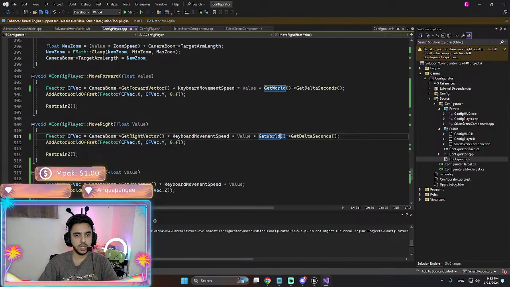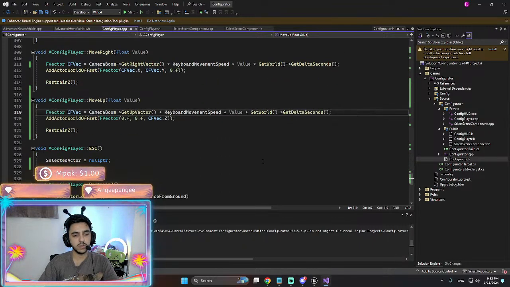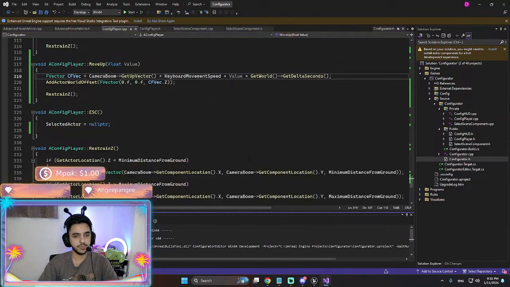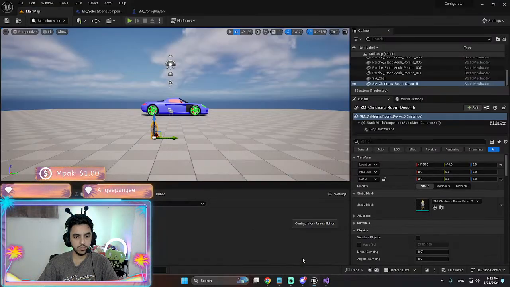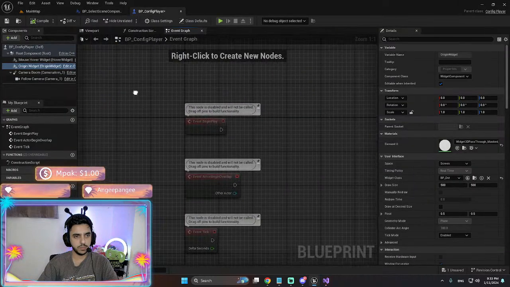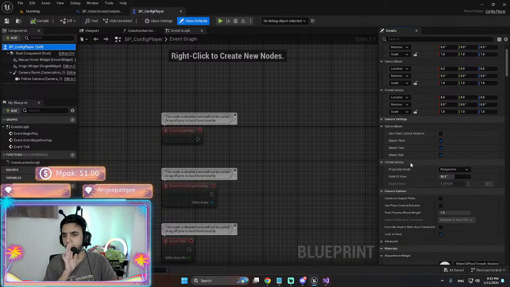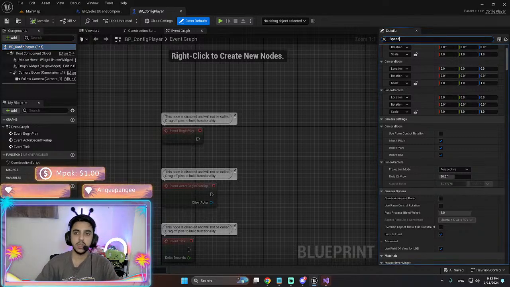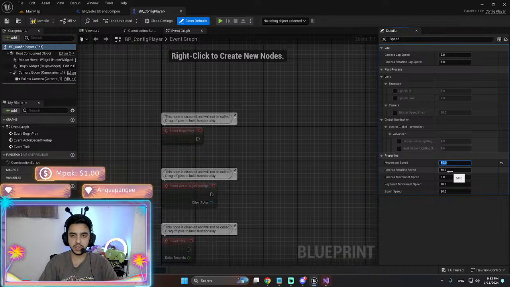I added it here, I added it here, and then on the move up, down, I'm gonna do it there as well. Okay. I'm gonna change the speed. It's here, movement speed. I'm gonna set it to 50 instead of 5.